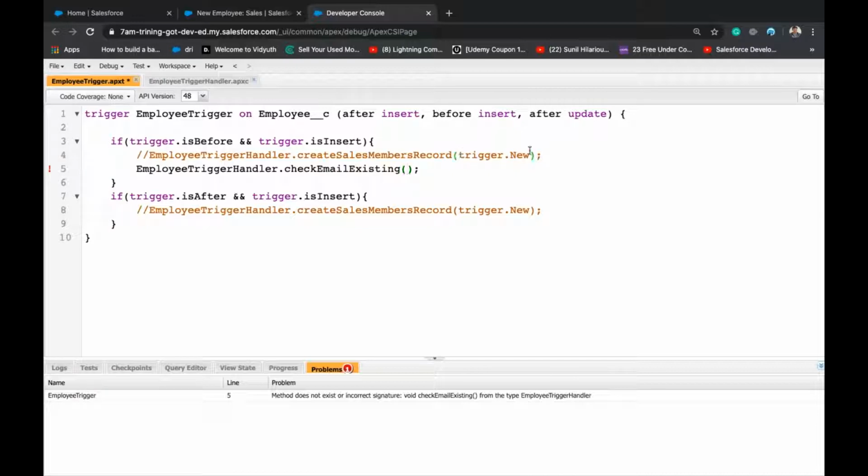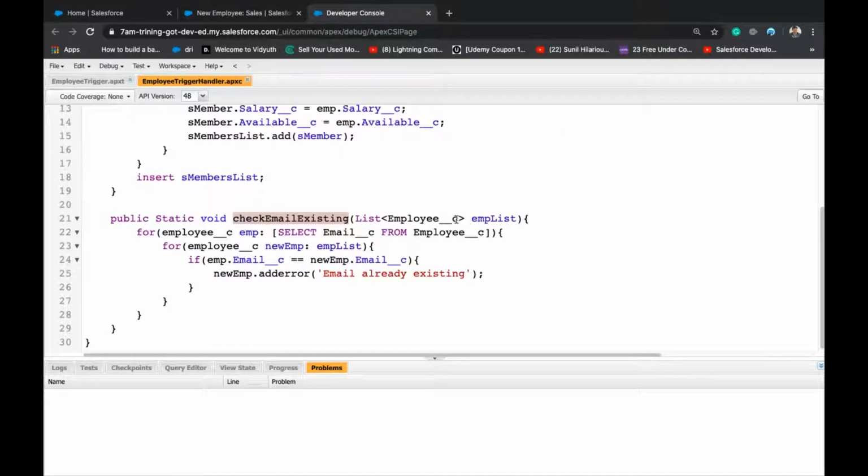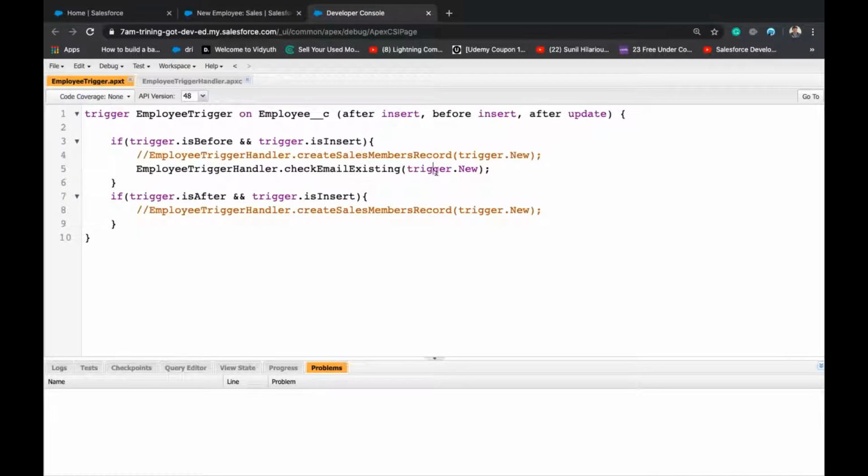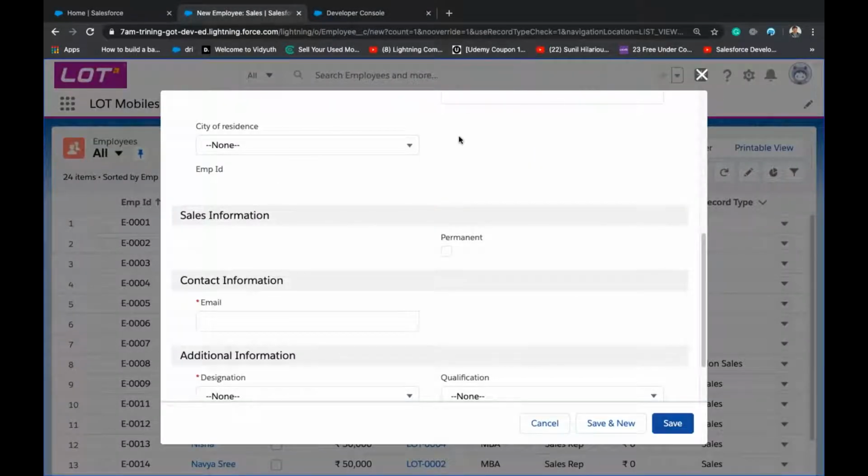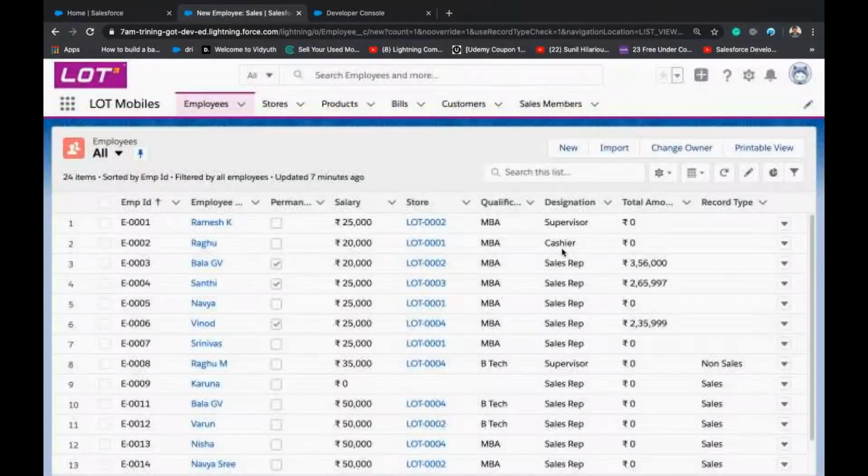The method needs this input, a list of employees, so I have to pass the argument. We call this an argument. Unless we pass the argument, this method will throw an error. That's what happened. Now let us give it a try. I'll take an existing email.